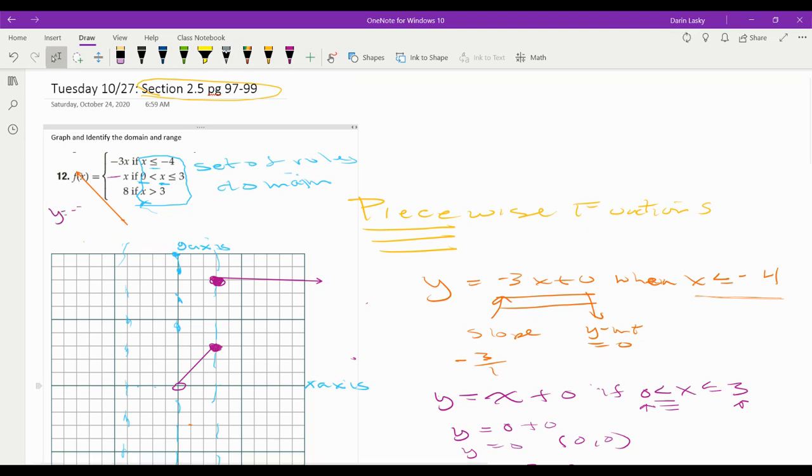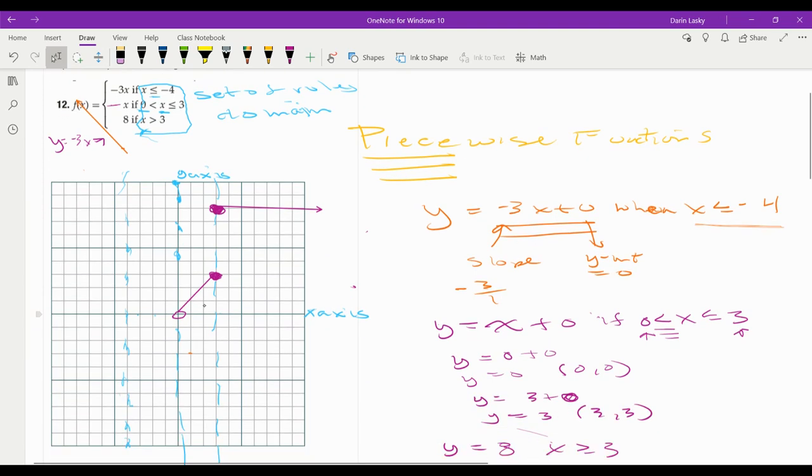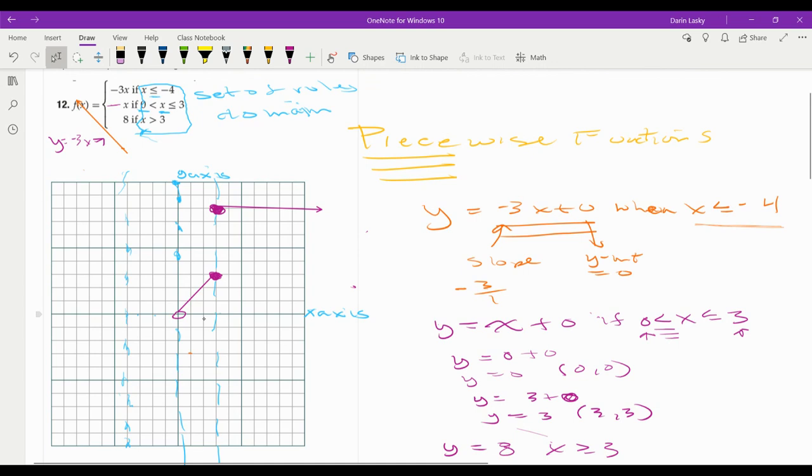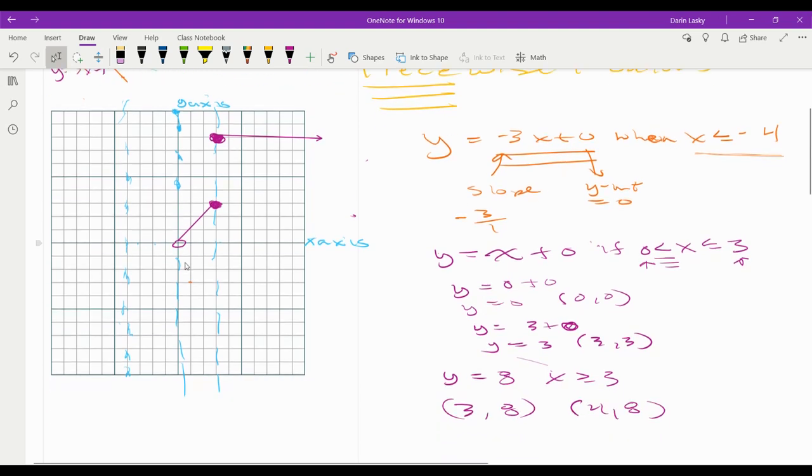So we've got our y equals negative 3x here when x is less than negative 4. We've got our y equals x between 0 and 3, and we've got our y equals 8 here when x is greater than 3. So we're just drawing chunks of lines, and we're stopping whenever it tells us to stop for the domain or the rules or different things like that. Okay? So when we look at this,